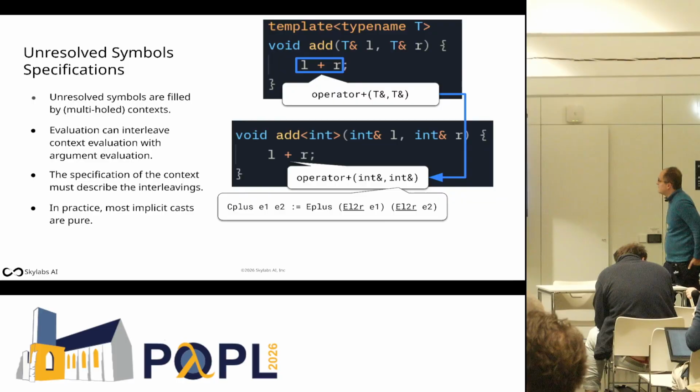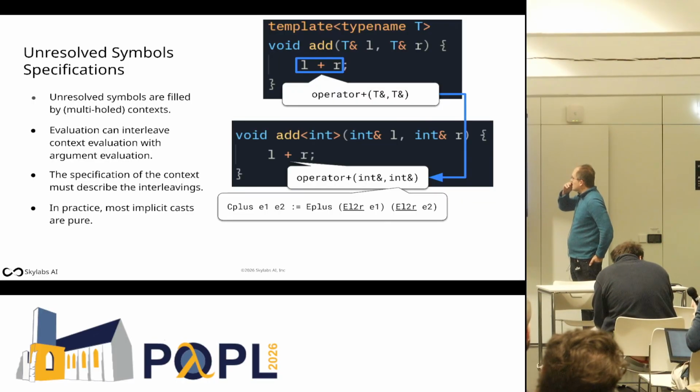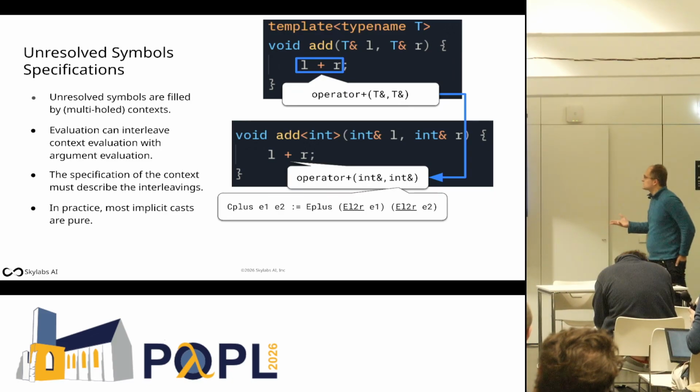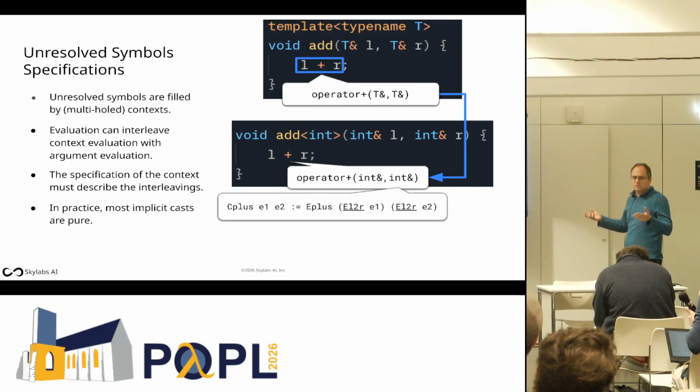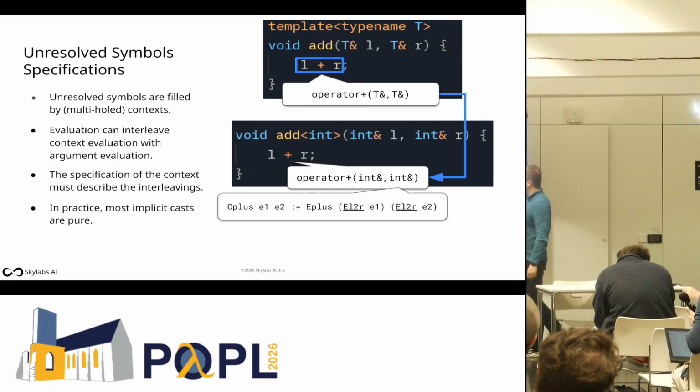Yeah, so the reason that I called this out is because normally you'd think about this as function arguments, right? In fact, the first time we were working on this, we said, okay, you evaluate the first argument, then you evaluate the second argument, or vice versa, and then you evaluate the closure, like the context, right? That's what you naively think. But it doesn't work because